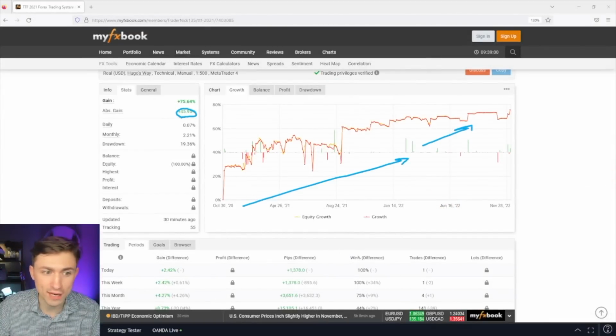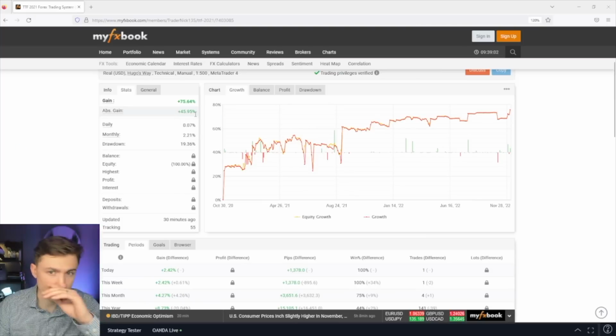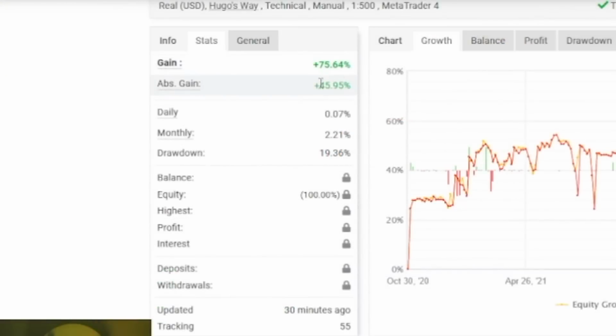I'm not a huge math guy, but I'm sure many of you guys can understand where I'm going with this. As you add to an account, the gain changes a little bit. But the gain just shows you the raw results on the amount. So 75.64% gains overall. And if we take a look at this, that's coming out to a monthly of